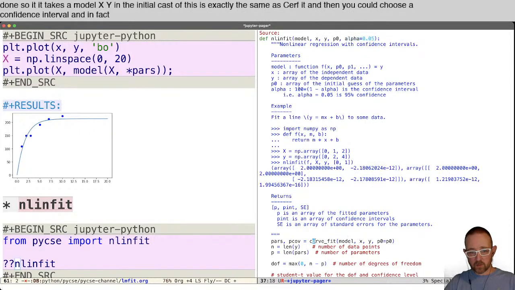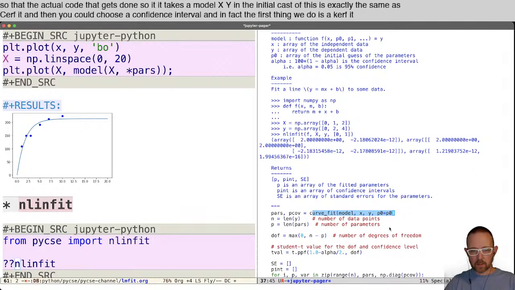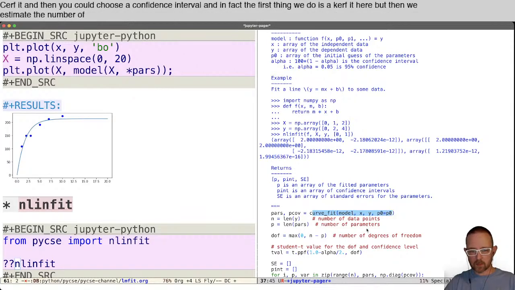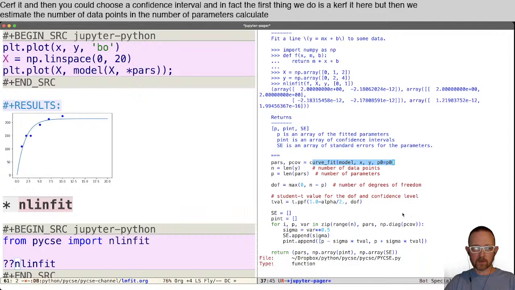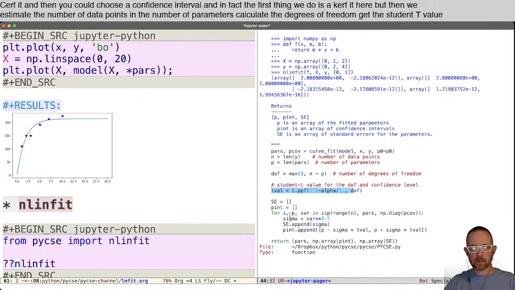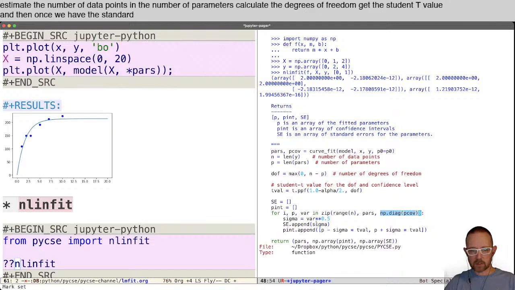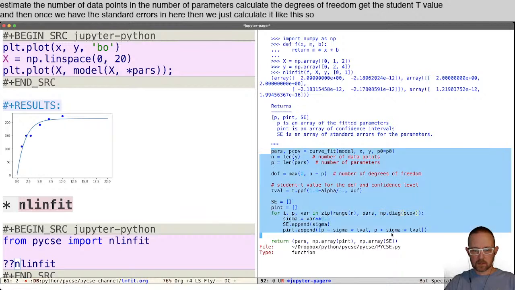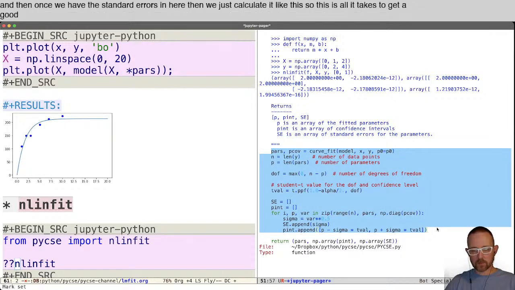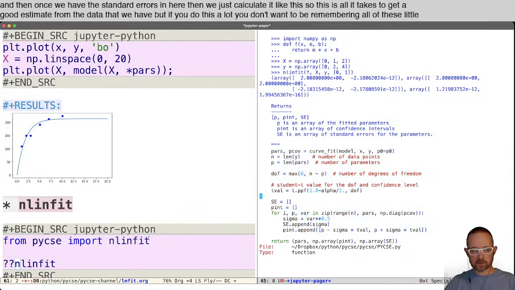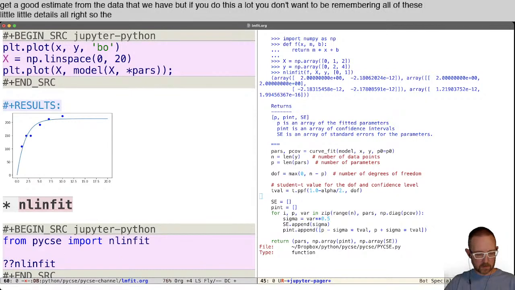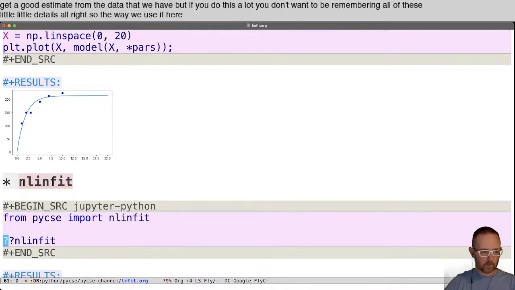And in fact, the first thing we do is a curvefit here, but then we estimate the number of data points and the number of parameters, calculate the degrees of freedom, get the student t-value, and then once we have the standard errors in here, then we just calculate it like this. So this is all it takes to get a good estimate from the data that we have, but if you do this a lot, you don't want to be remembering all of these little details. All right, so the way we use it here then is we pass our model, pass in x, pass in y, pass in our initial guess,